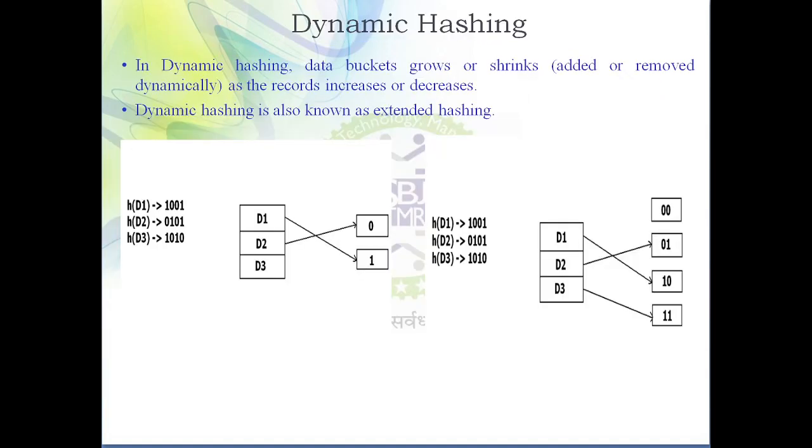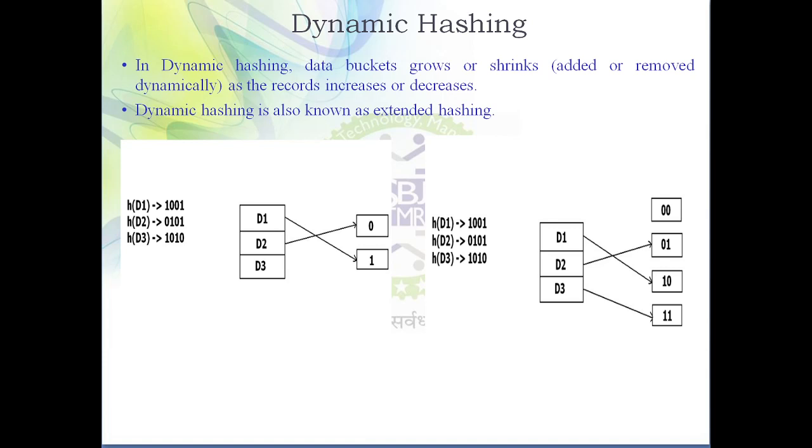Now next we discuss dynamic hashing. As the name suggests, what do you mean by dynamic hashing? Dynamic means things can be changed at runtime. You already learned the concept of static memory allocation and dynamic memory allocation. In C language, static memory allocation means that while declaring the size of an array, its size is fixed. But suppose at runtime you want to change the size of an array, then it is the concept of dynamic memory allocation.